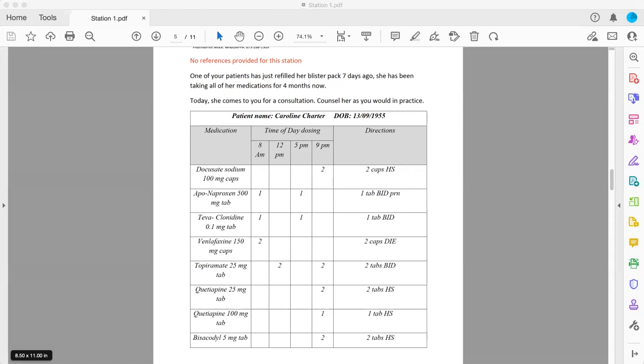Okay. So, Caroline, as I see from your profile, naproxen should be taken as needed. And because you take it 2 times per day, I will fax the doctor to inform him about the way you are taking this medication. Do you feel the need to take it 2 times per day?